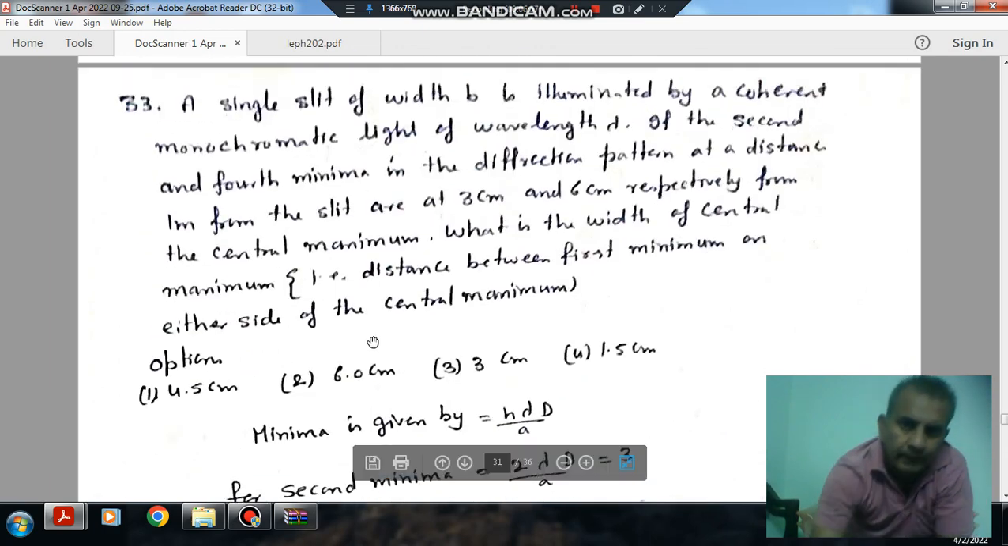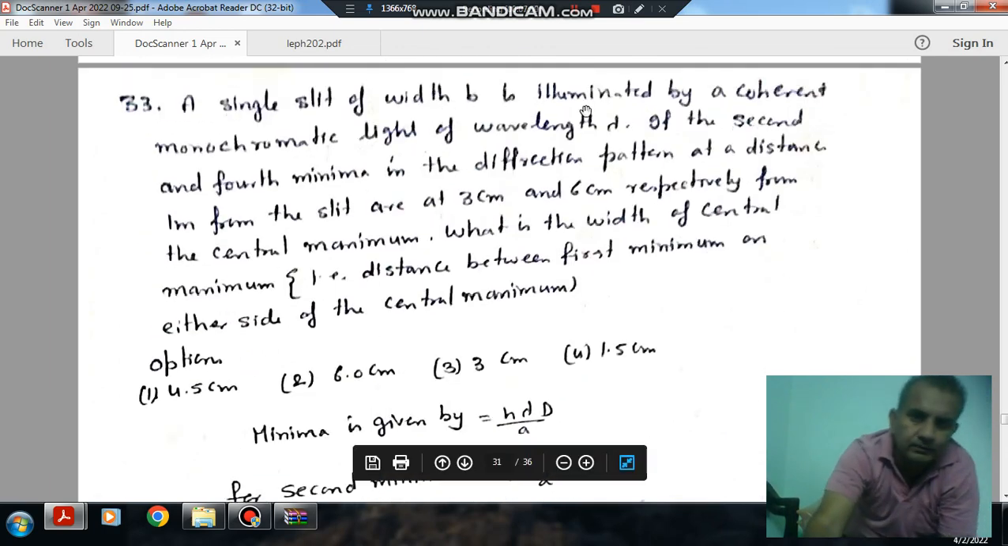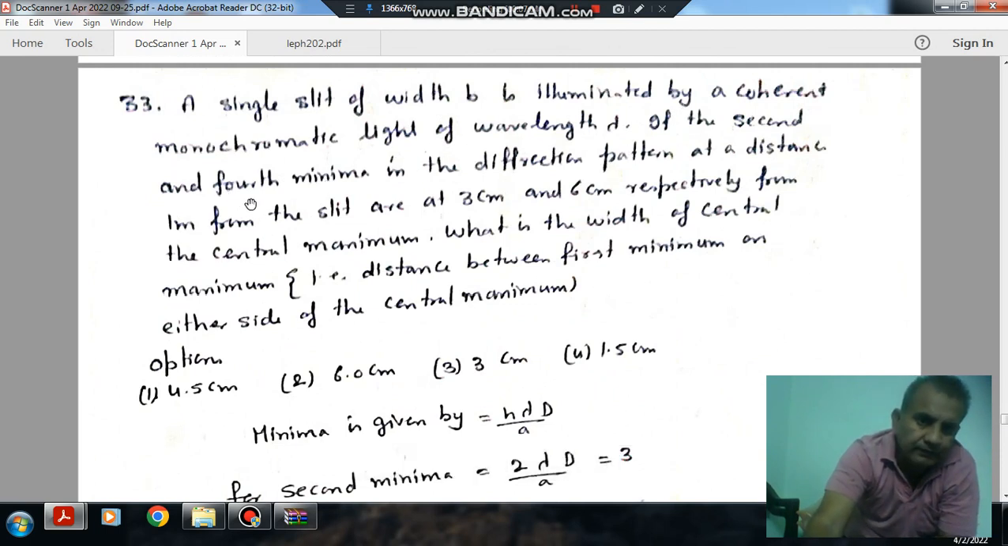Next, a single slit of width b is illuminated by a coherent monochromatic light of wavelength lambda. If the second and fourth minima of diffraction